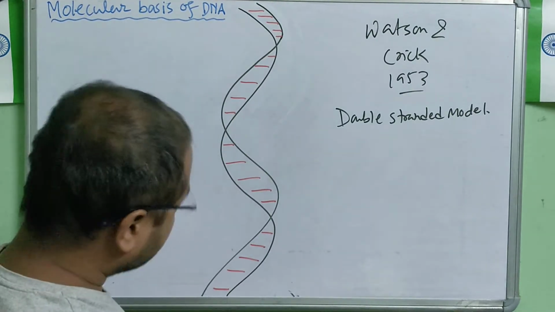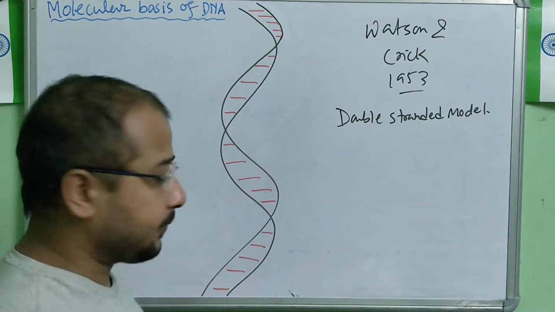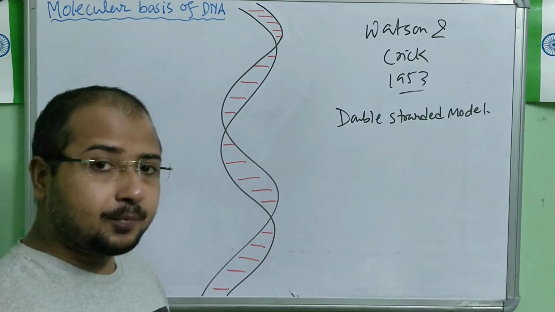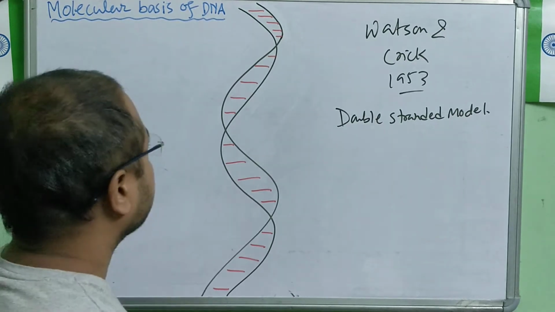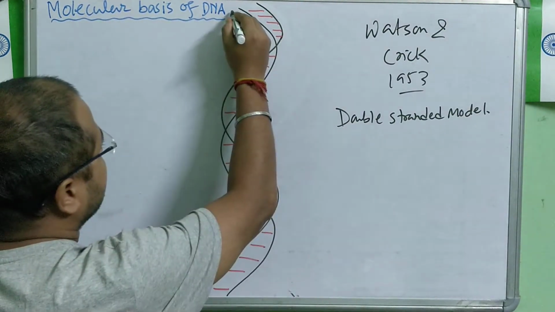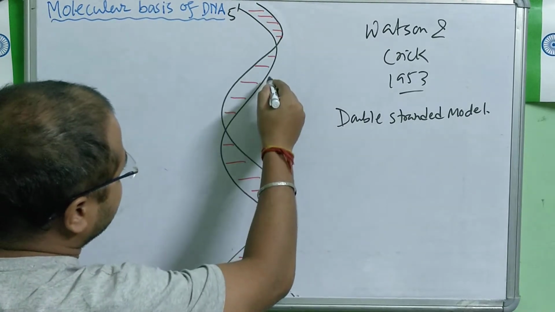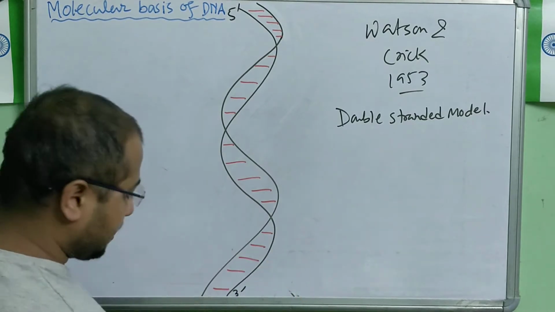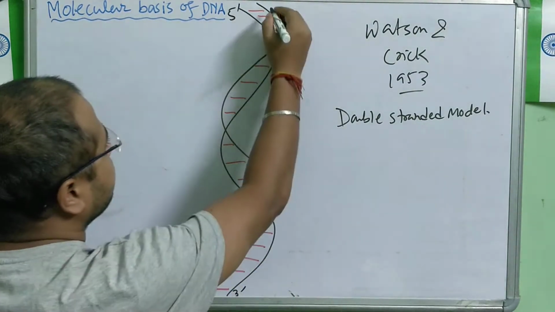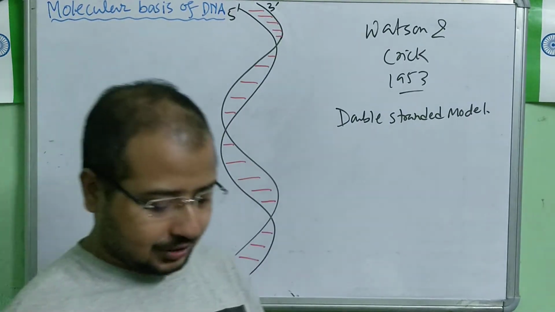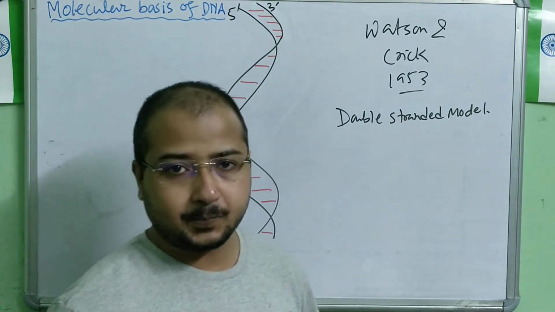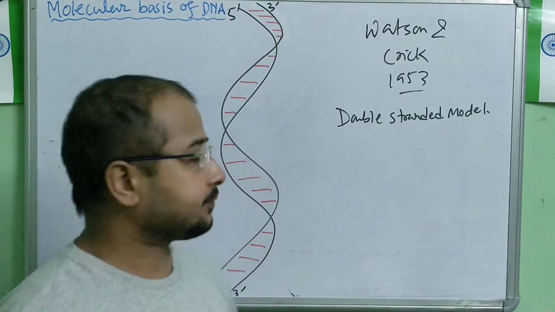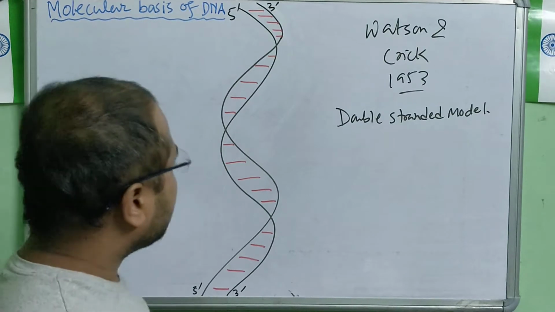See, we can see here two strands. We have to give the polarity also. Along with the strand we have to mention their polarity also. Like if it is here 5 prime polarity, the same strand here will be 3 prime polarity. Opposite, if here 5 prime, then here it will be 3 prime polarity. So both the strands' polarity is opposite. How this 5 prime 3 prime comes, that also we will understand.